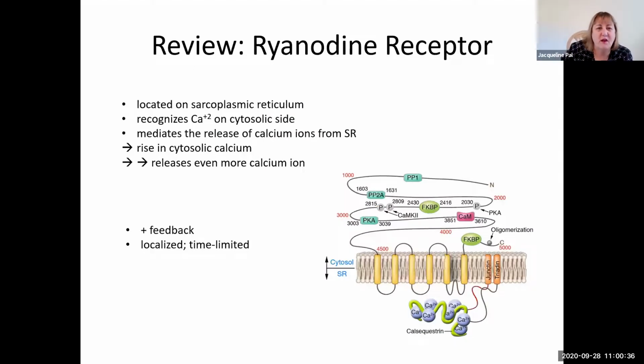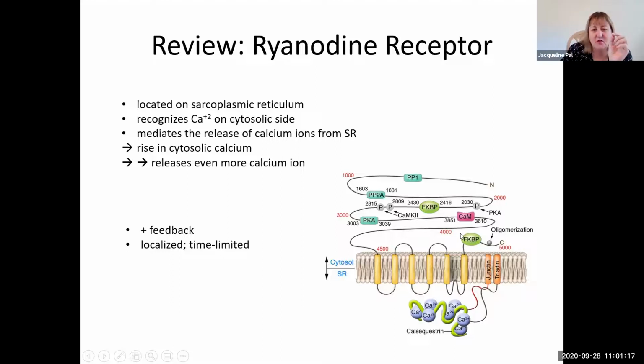To refresh your memory, on the sarcoplasmic reticulum, we have a receptor known as the ryanodine receptor, often abbreviated RYR. This is it on the sarcoplasmic reticulum, and what it is doing is recognizing whether or not there's calcium on the cytosolic side. Now there is lots of calcium being sequestered and stored in there. When calcium levels on the cytosolic side rise,